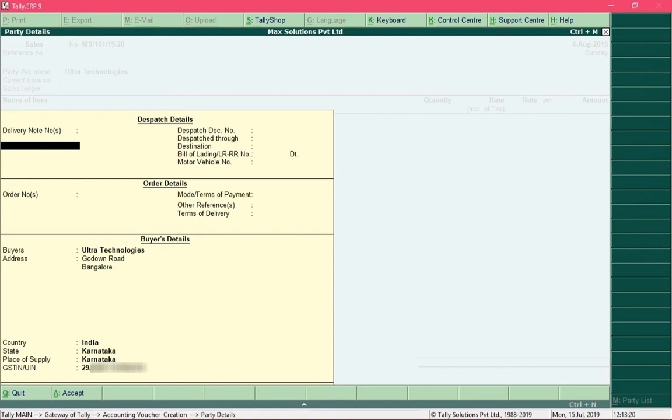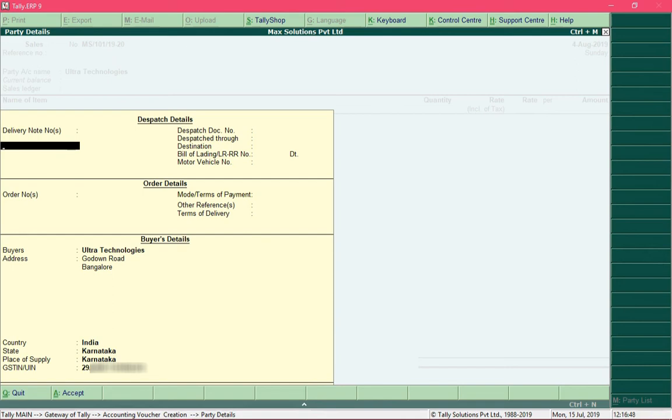So over here you need to enter some information. So entering this information will be helpful at the time of printing the invoice, and it is not mandatory to enter information over here, but I will explain the use of each field over here. So the field delivery note number is used to specify the delivery note number.